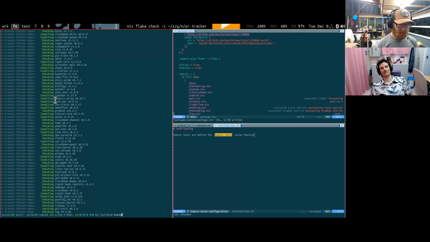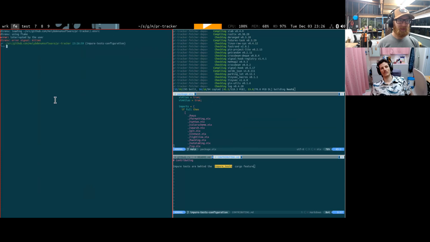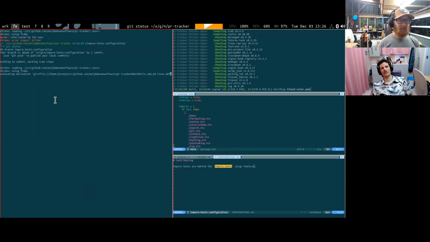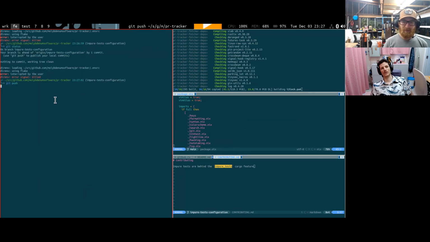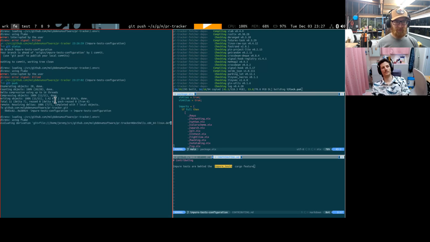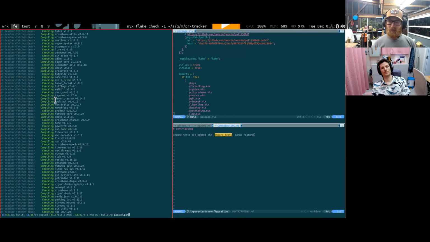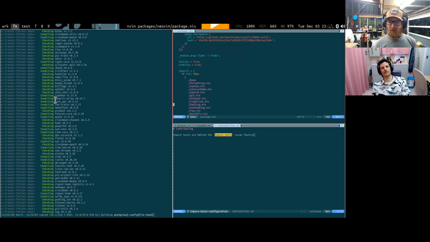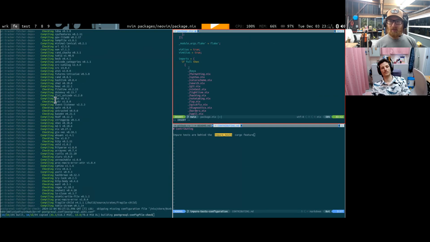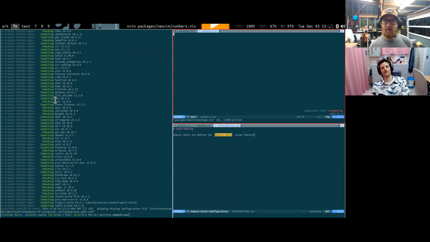Oh, git push. But then you won't have the cache. Okay, it is pushed. I have an editor again. numbers.nix. Okay. And this will be,